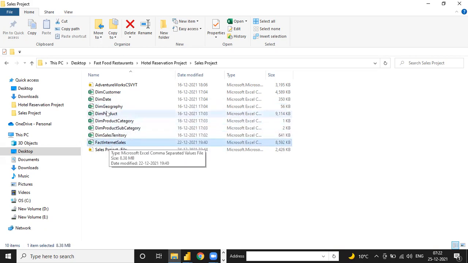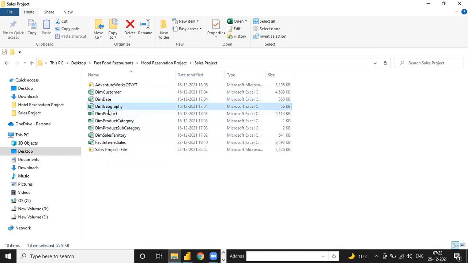This is your fact table. It means 1, 2, 3, 4, 5, 6, 7. Seven we have as dimension tables, and this one is the fact table. So I'm going to ask you one question here. Can you tell me, in these tables, are all of these dim tables, or do we need to make one fact table into this?